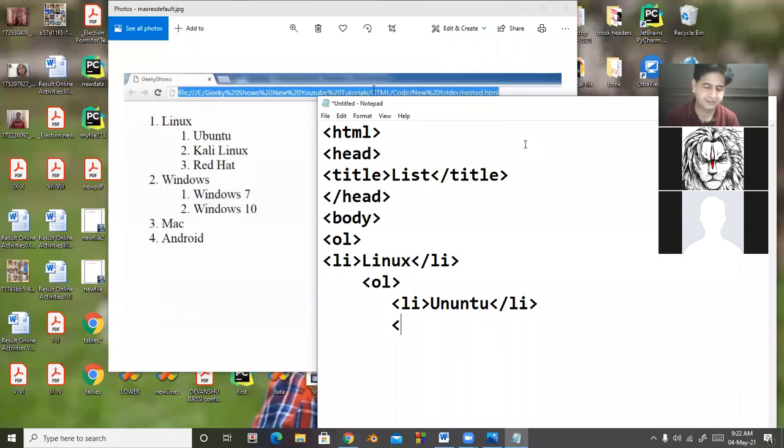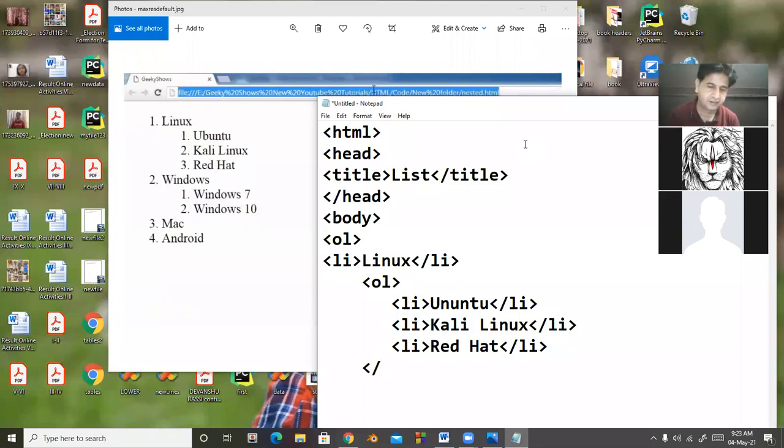Next is LI. Again, LI closed. Then again, LI closed. Now look here, the nested list is closed here.